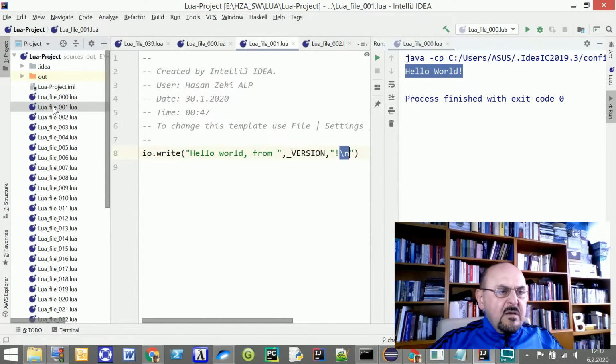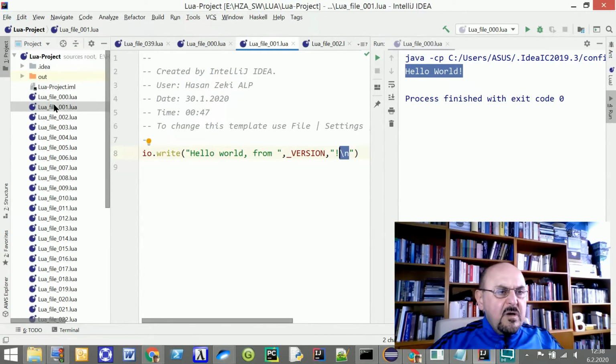And right away I'd like to show you one more example. In this example I introduce the io.write command. Within the parentheses, I say hello world from, and by mentioning this underscore version, I'd like to retrieve the version information, and with an exclamation mark and this backslash n for a line feed, to go to the next line.